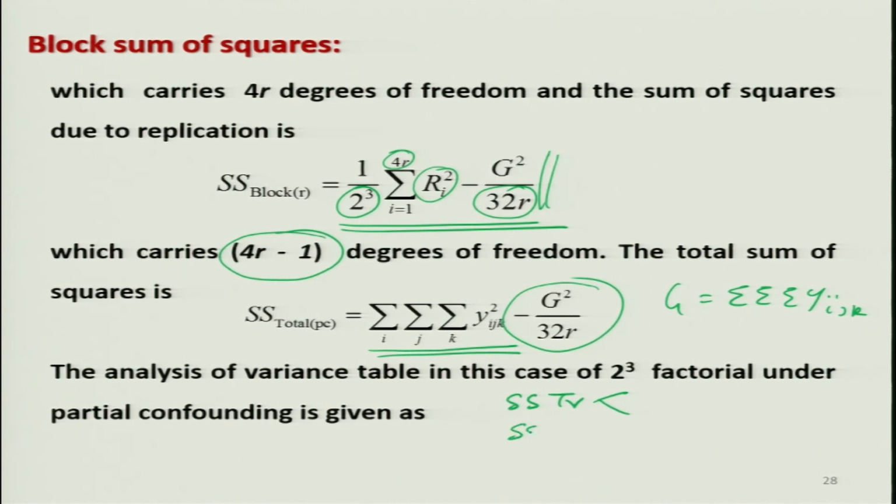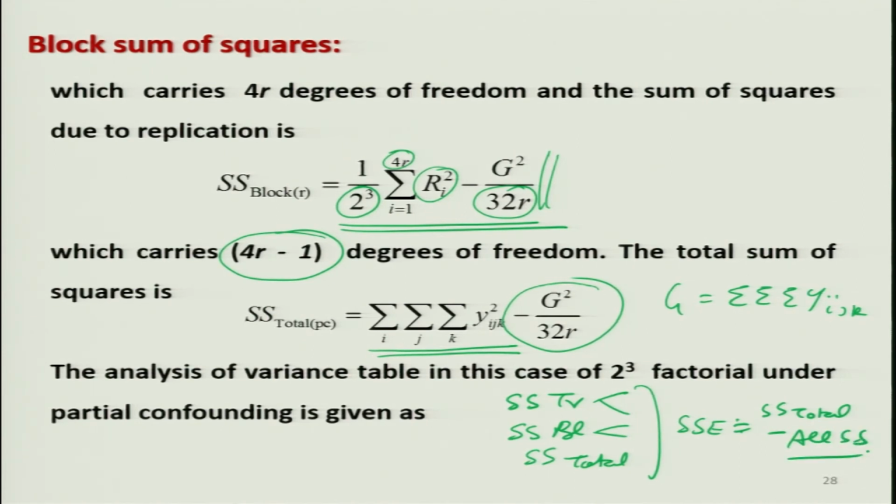You have obtained here the sum of square due to blocks, and then you have again divided it into within replicates and due to replicates. You have obtained here the sum of square due to total. So, now what is left? SSE. SSE is going to be obtained by subtraction, that is SS total minus all sum of squares, because